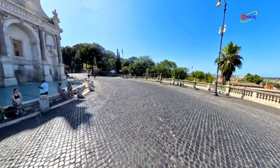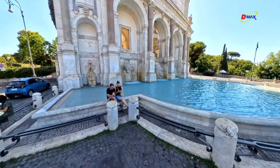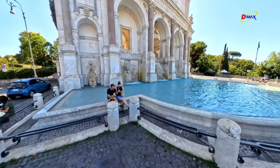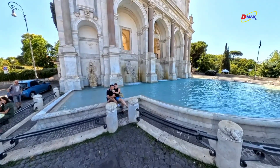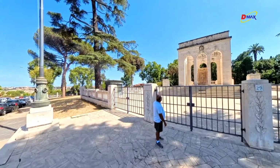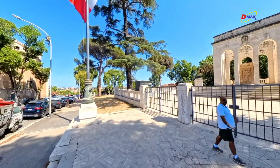Nearby, visitors can also explore the Giuseppe Garibaldi Monument, inaugurated in 1895. This monument features an impressive equestrian statue of Garibaldi, created by Emilio Galori, honoring his crucial role in the unification of Italy. The monument is adorned with statues and reliefs that depict key moments from Garibaldi's life, highlighting his dedication